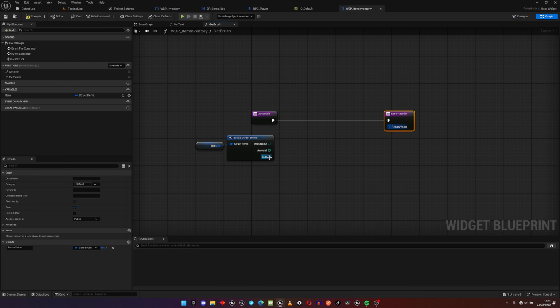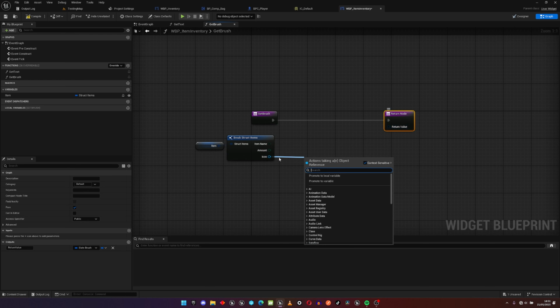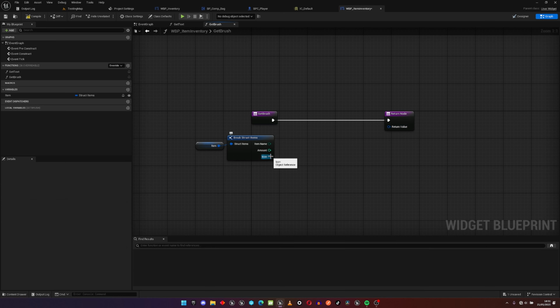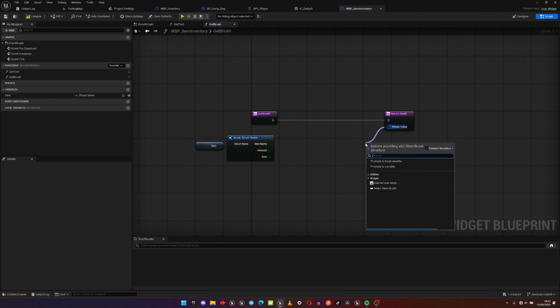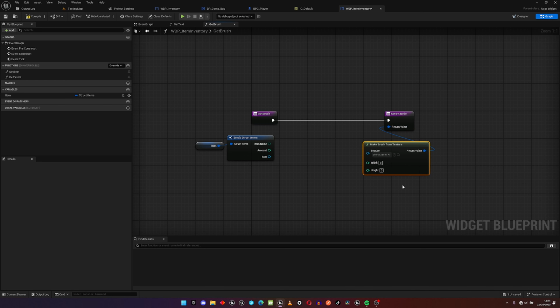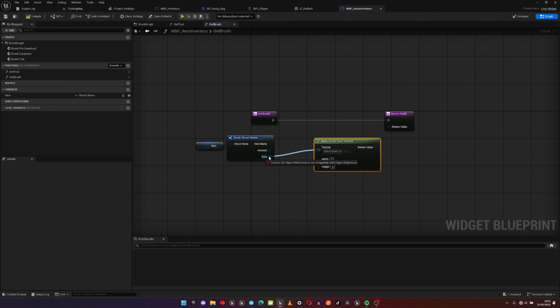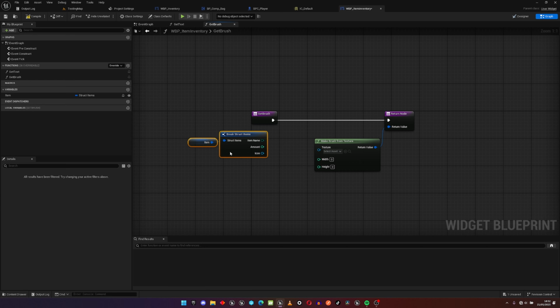So I'll say make slate brush from assets or from texture, and then we are going to, not compatible with the object. I can see we have compatibility issues,